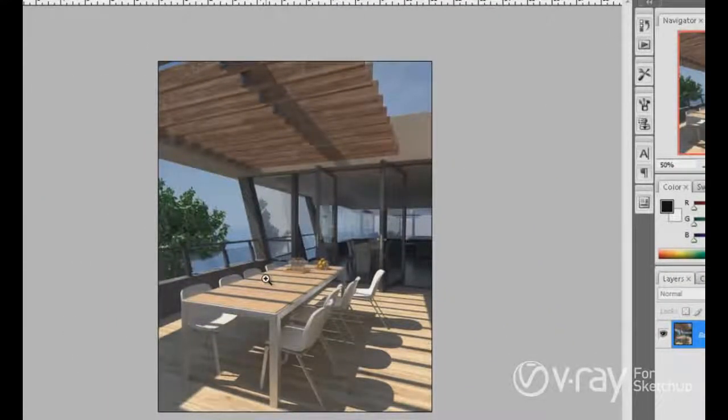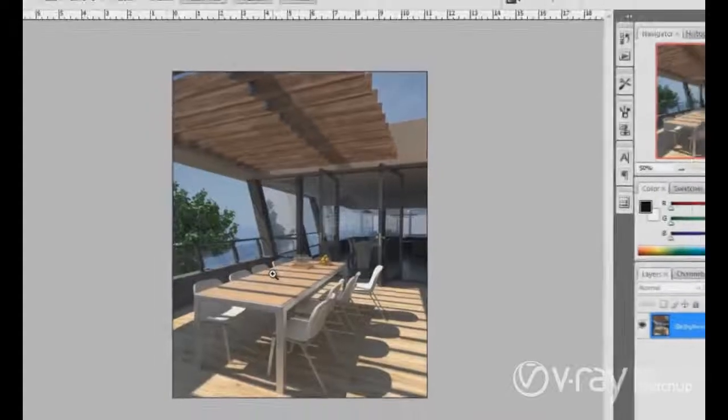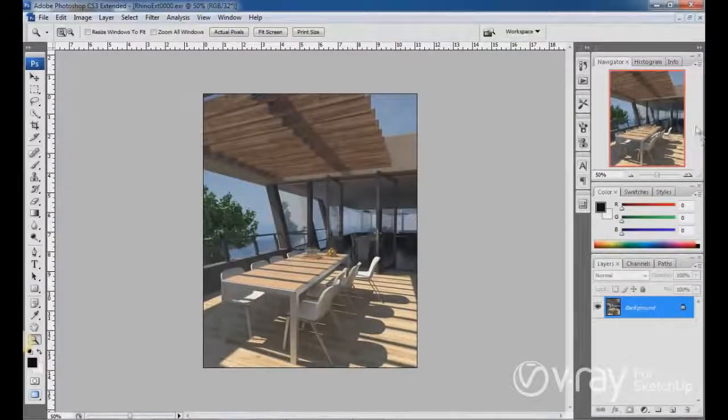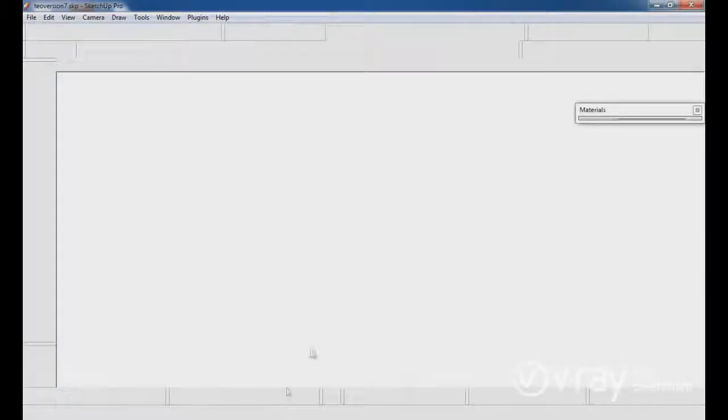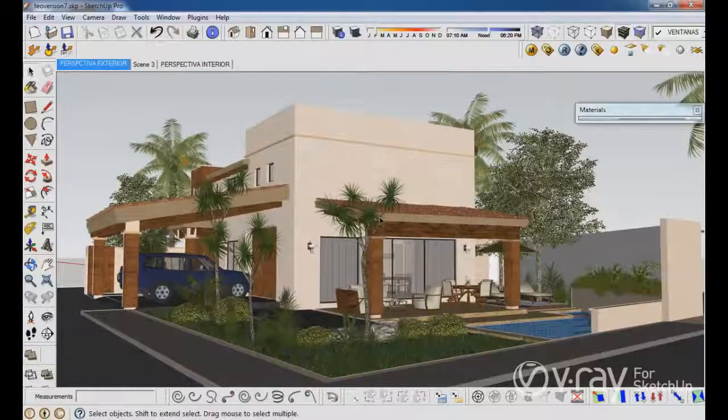Okay, this is an easy process to save memory of RAM by rendering the image as a VRay image file. I want to do the same thing using SketchUp. I have a nice exterior scene that was made by Tail. I like this scene because it has a lot of vegetation, trees, palms, actually 3D grass, rocks, bushes, and this file is really big. It's about 110 megabytes and a lot of polygons, so probably I'm going to get a crash if I render this file directly